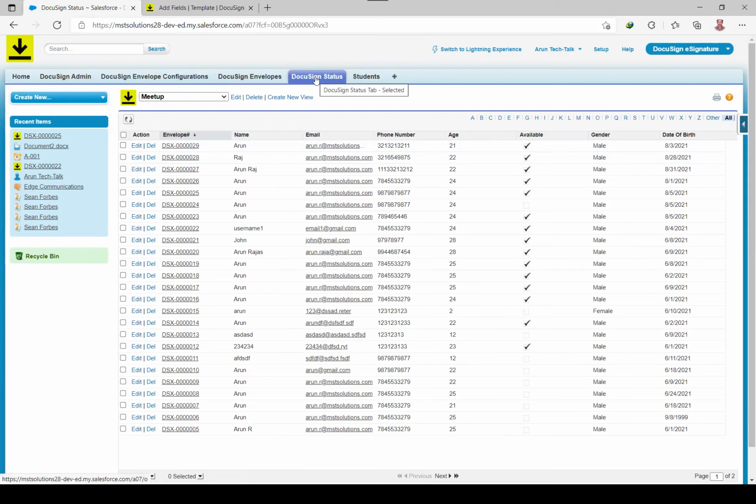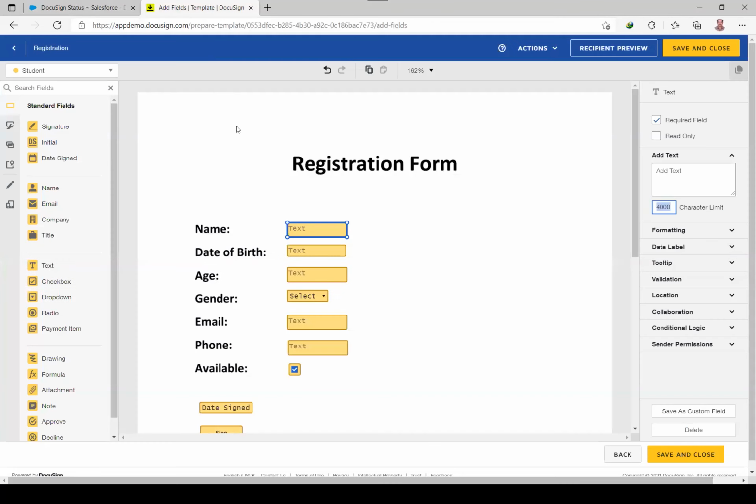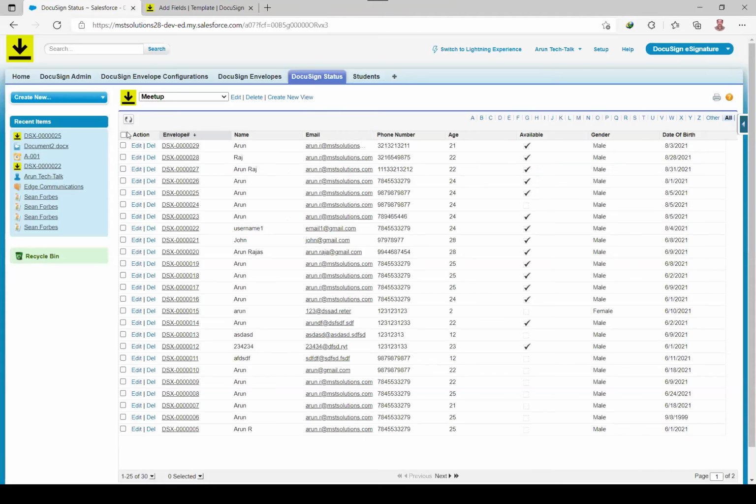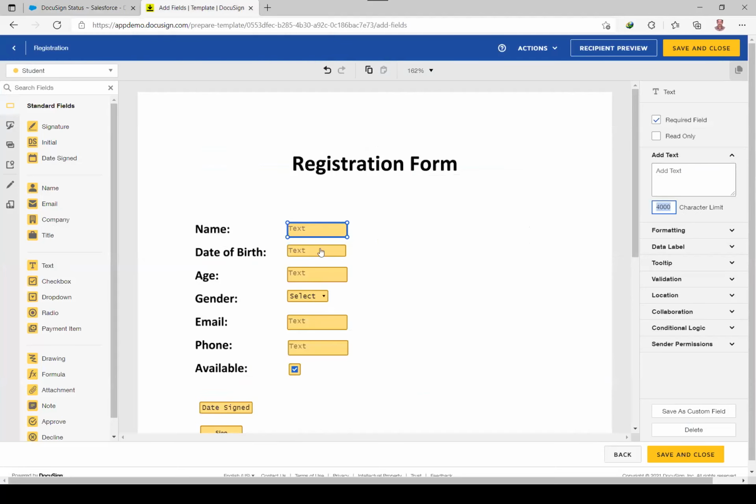object. What the DocuSign status object will do is, whenever the form is submitted by our client, a new record will be created and updated in the DocuSign status object. So by using this object, we can capture the data from our document. So whenever this is our form, we need to make sure the name field character limit matches the field which is created in our Salesforce. In case the character limit in our Salesforce is lesser than the character limit in our PowerForm,